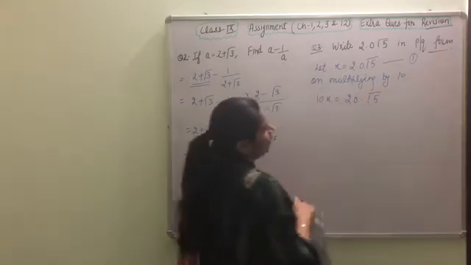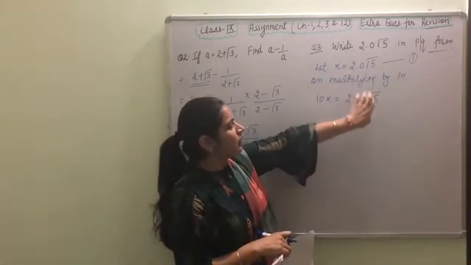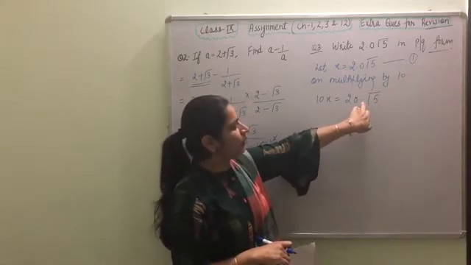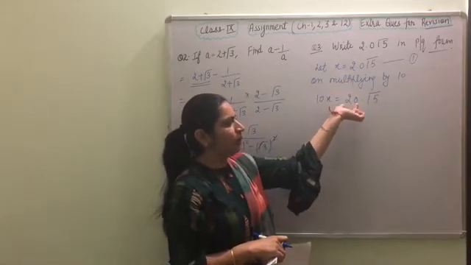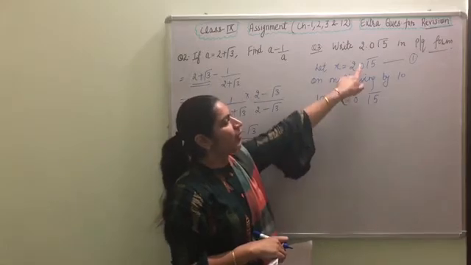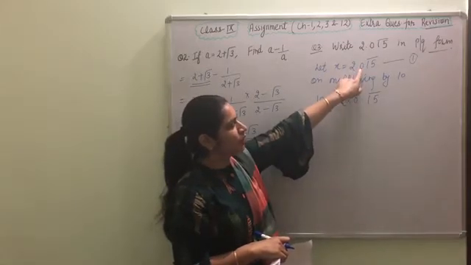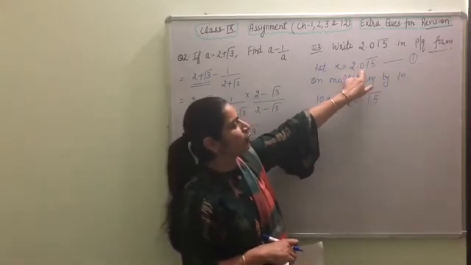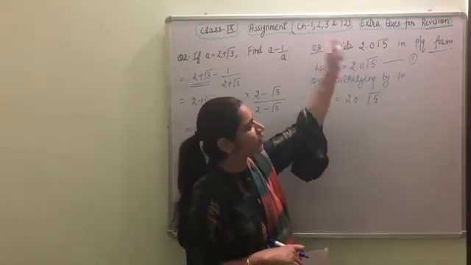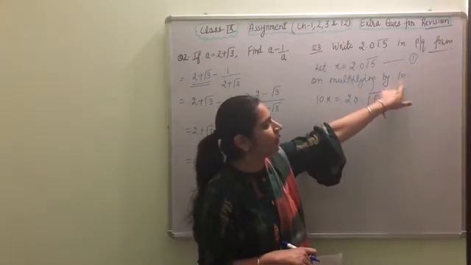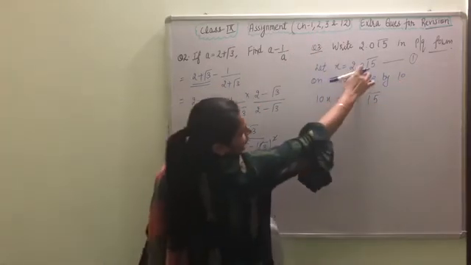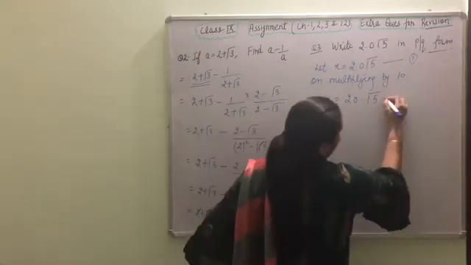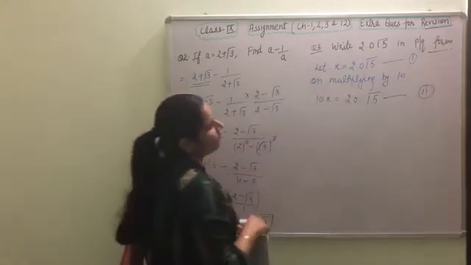20.15 bar. Here the requirement was that the terms with bar come after the decimal, and the terms without bar are to the left of the decimal. Only one term was there without bar, so we multiplied by 10. If 2 terms were there, we would have multiplied by 100. Here the requirement was 1 digit, so multiplication by 10. This is the second equation. Now we want to solve this.